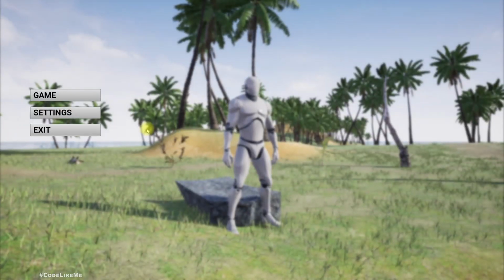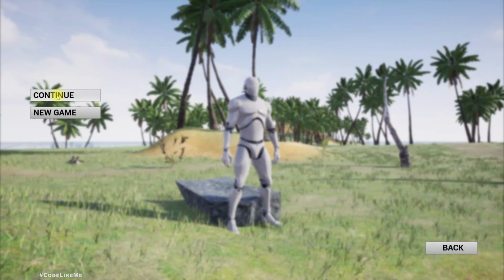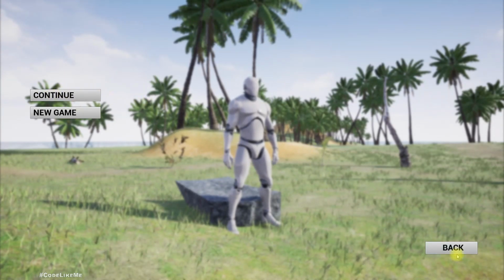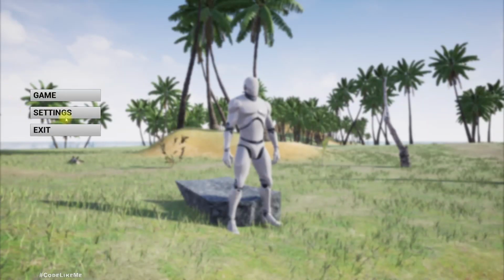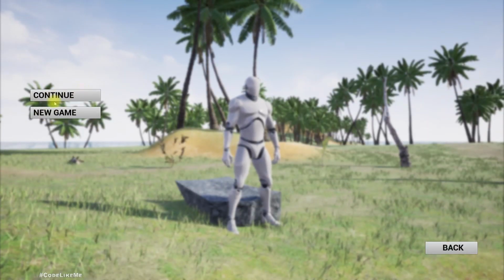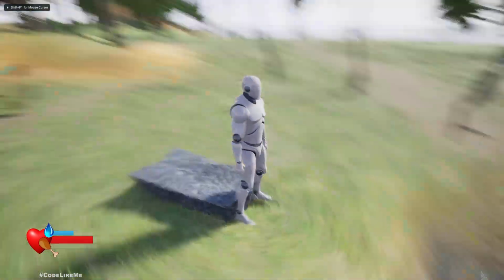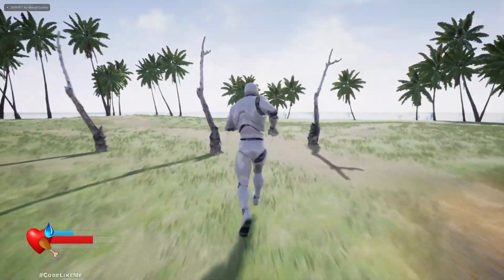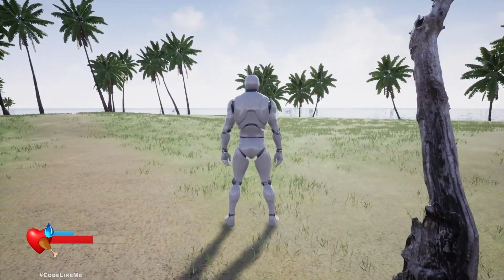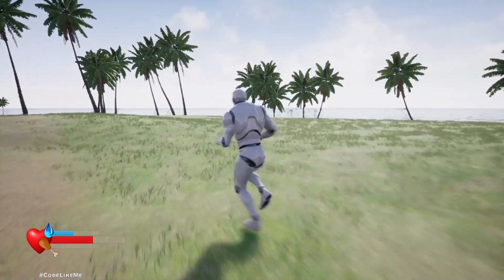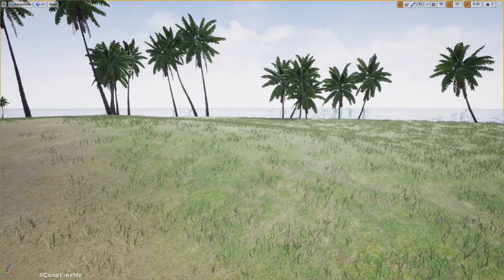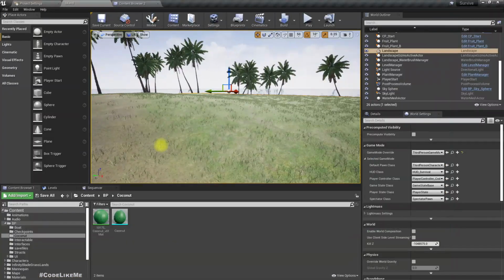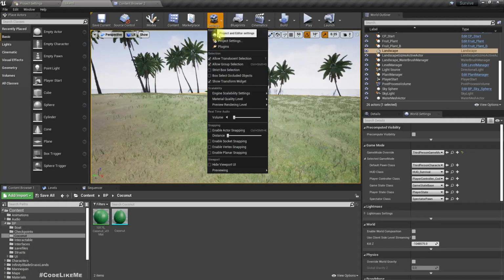Hello everyone. So far we have worked on all the options and game, new game, continue game. So as the next part, I wish to work on a pause menu, which I don't have at the moment. Okay, so right, let's first go to project settings